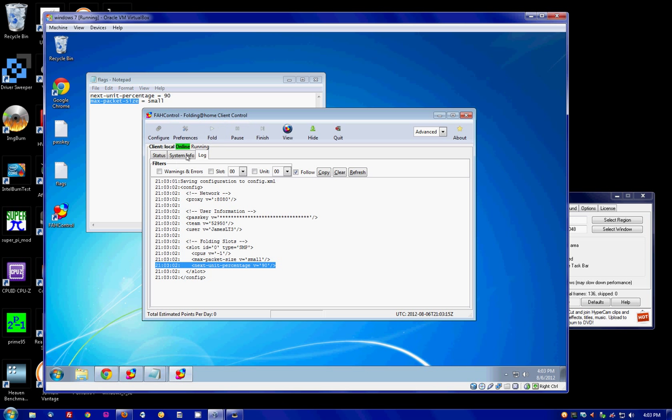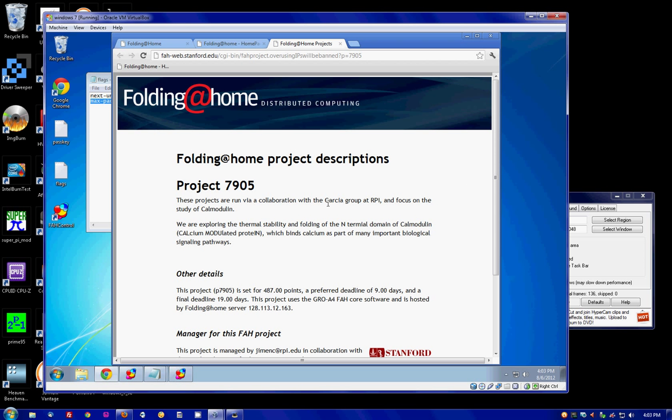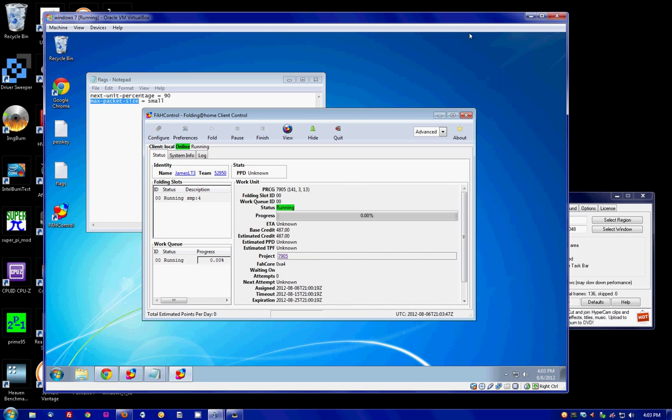Alright, so now we're going to go back to the status tab, and we're currently running project 7905, and we're going to have to wait for all this to update. But with this little button right here, you can tick it, and sometimes it'll give you a good explanation or description of what your computer is doing, but this one obviously doesn't. If you search for the project number, sometimes you'll find a better description of it, but other times you won't. You just got to trust that you're doing something good, which you